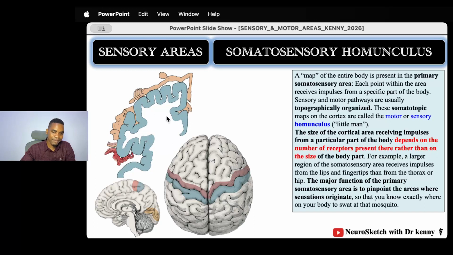This mapping is what is known as the somatosensory homunculus. That means if you have damage at this region, you might not be able to feel from the face. If you have damage at this region, you might not be able to feel from the trunk. If you have damage at this region here, you might not be able to feel from the lower limb. But always remember, it is the contralateral side, because we've said the